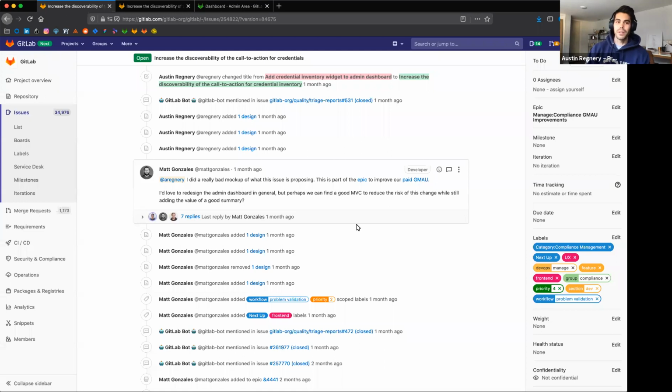So a few months ago, Matt, my product manager, opened up an issue with the intent of adding a widget to a dashboard, a very solution-driven idea. And all great ideas usually come from some sort of solution, which is totally fine. But one thing that I've been trying to encourage myself to do more is get into the problem validation step, help refine the problem so that we have a better defined outcome for what we want to achieve through design